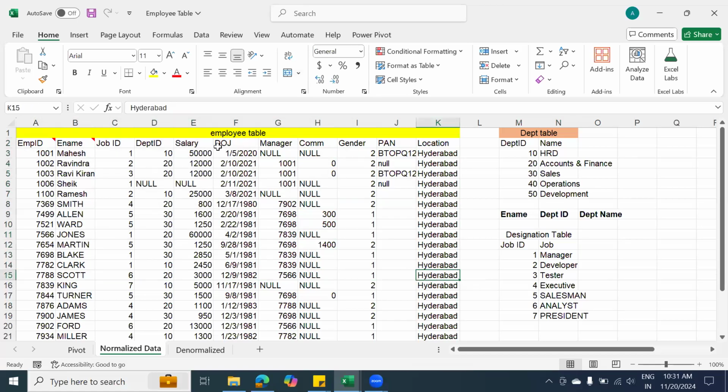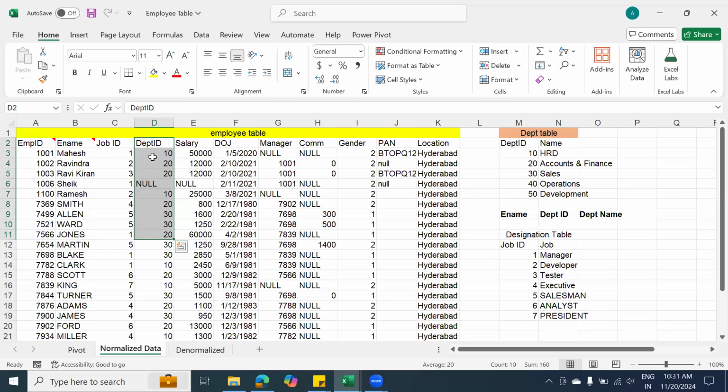Now, if you see this employee table, in this we have a column called department. What did we store here? Department name or department ID? What do you see here, guys? Department ID or department name? Department ID. So now my question is quite simple.